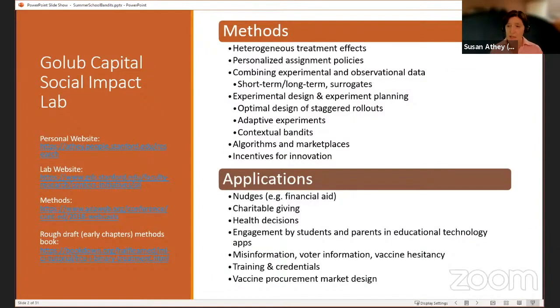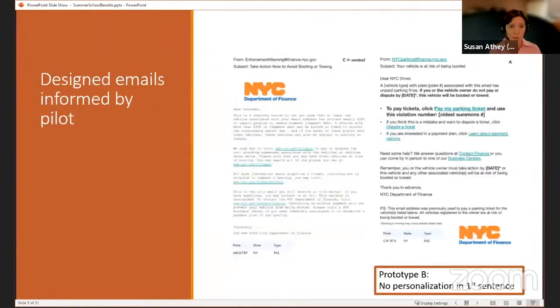What I'm going to focus on today is designing adaptive experiments, just a piece of all of this. I'm going to start out with another application, through a project that Jan and I worked on with Ideas 42. This work was also joined with Vitor Haddad, one of my postdocs. In this experiment, what we wanted to do was to help the New York City Department of Finance design treatments that would try to get people to pay their parking tickets.